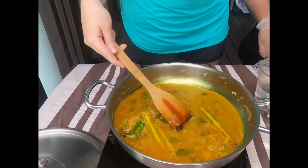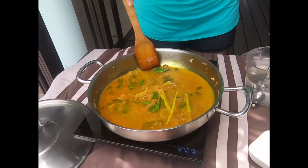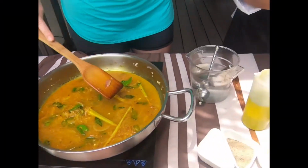I love it. So when we go back to the United States, you can cook it again. Yes, see if we can find all these ingredients. And let's go. We can add some